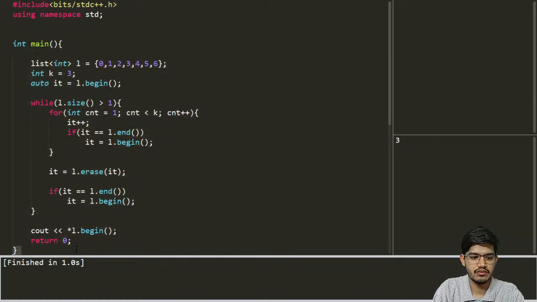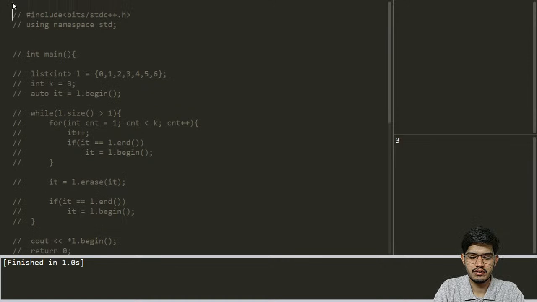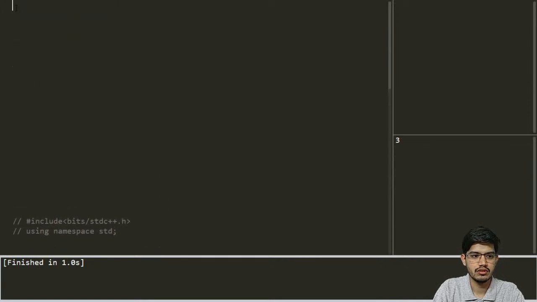So let us comment this so that we can use this code in the further part. And then here we can write all of the code. So let me quickly write all the bits